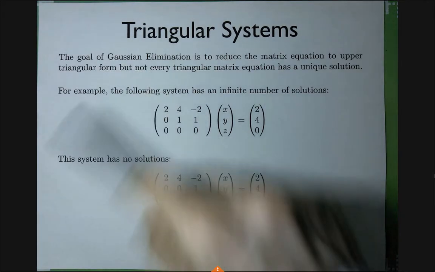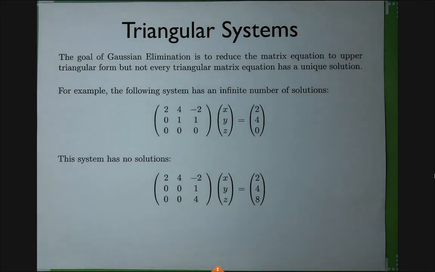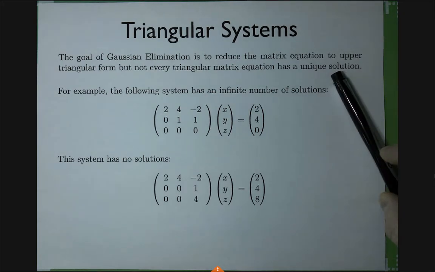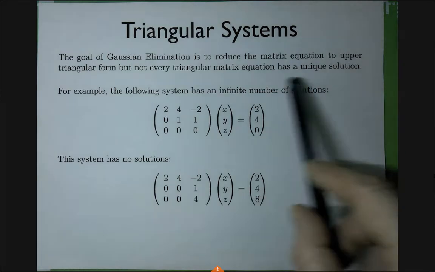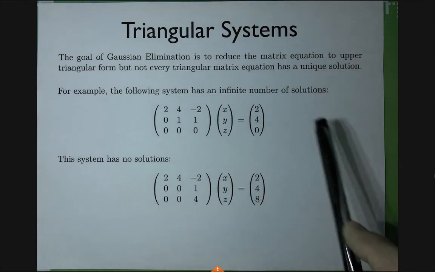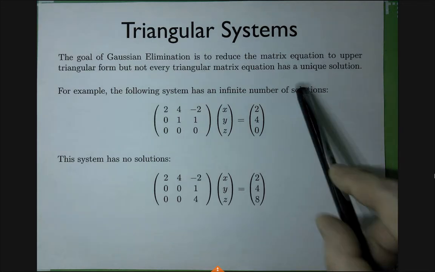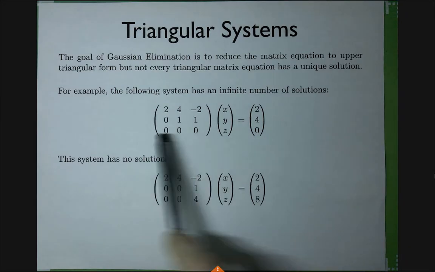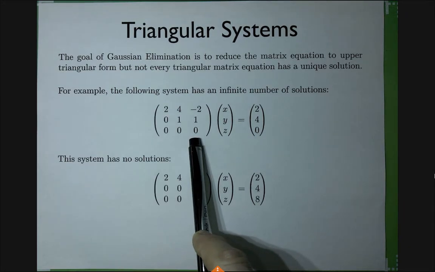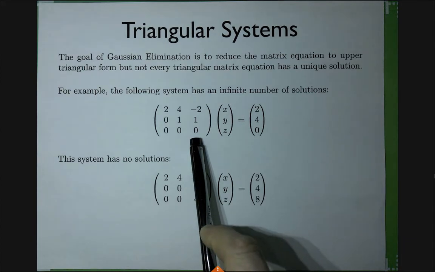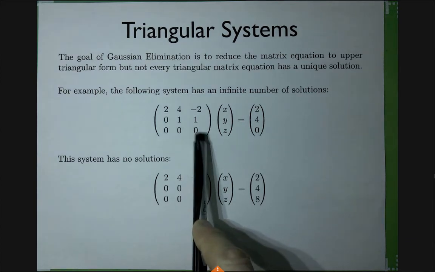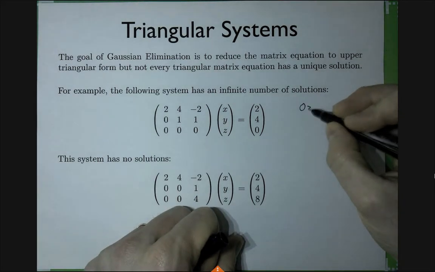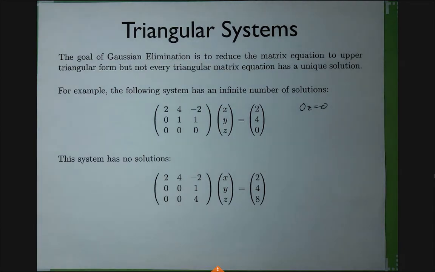Unfortunately, there is a catch. Remember, from the multiplication in the 1 by 1 case, there must be a catch, because there is a catch already in the 1 by 1 case. It would be weird if there wasn't a catch in the n by n case. Sometimes there is no unique solution, or sometimes there is no solution at all. Sometimes there can be an infinite number of solutions or no solutions. So in this case, this is a perfectly triangular matrix, right? Everybody sees that? The catch is that here is 0 on the diagonal. So that's a problem, right? Because then I get an equation 0 times z equals 0. Well, any z satisfies that.